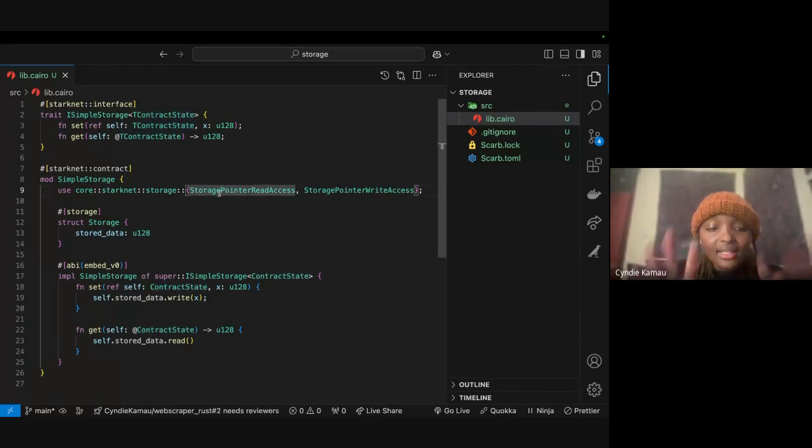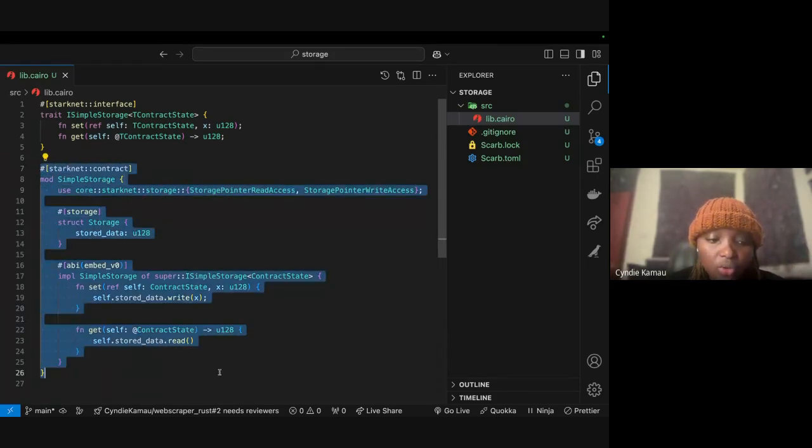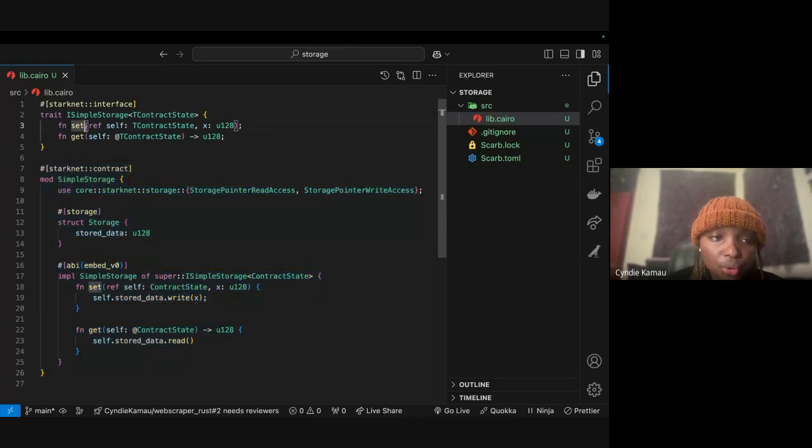Okay, with that, let's go back to the interface, which I was talking about. So the interface, this is like a blueprint. This is like your advertising. What does your contract have, right? Once you're done writing your smart contract, you now come and show what your smart contract entails, right? It's like you're now advertising, what does my smart contract entail? That's why you see it has the attribute Starknet interface.